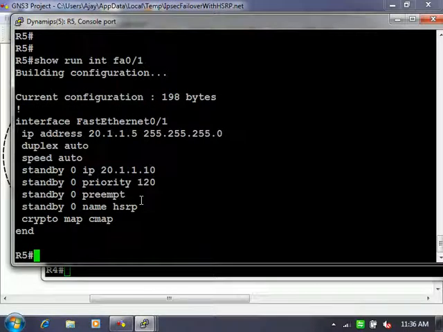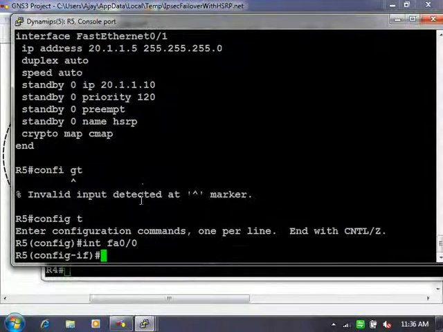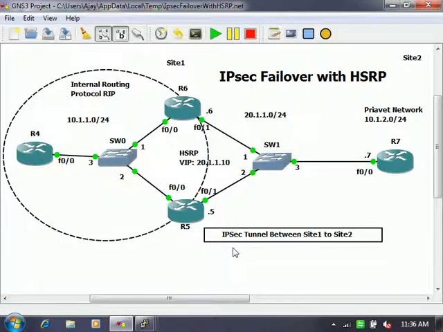Standby 1 IP address, let's say I am giving, or else in the production network, if you have the real network in this way, you will be having HSRP on both sides. If HSRP is on one side and not on the other side, what benefit are you trying to get out of this implementation? Let's say here at this side I have configured HSRP and it is working fine, that VIP ownership is working fine.